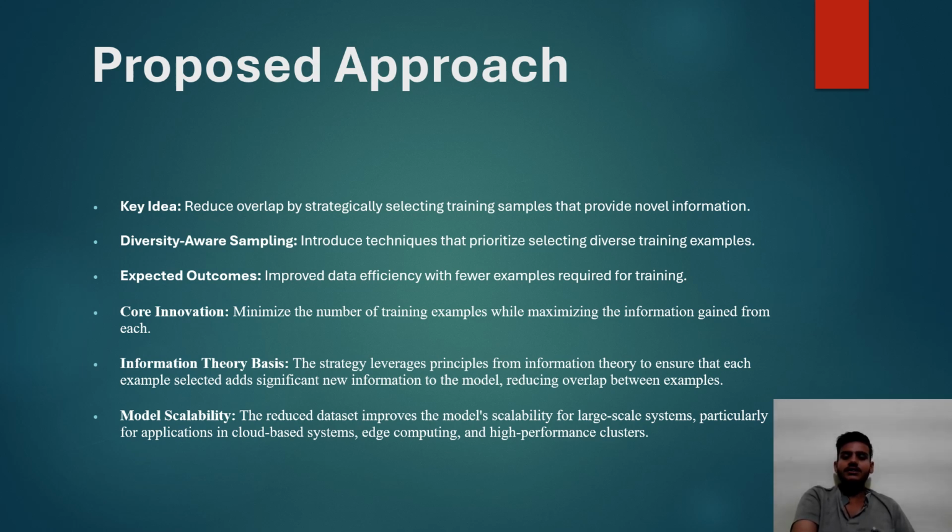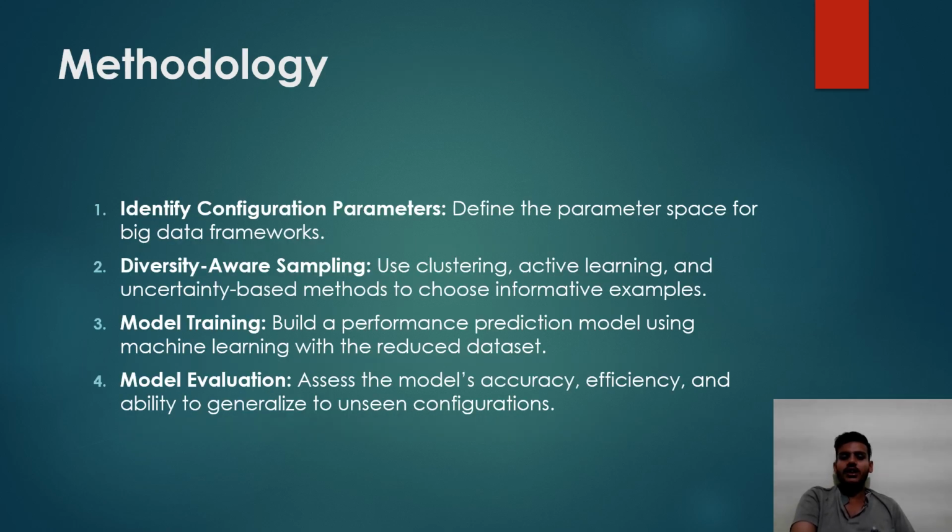Information theory basics: the strategy leverages principles from information theory to ensure that each selected example has sufficient new information for the model, reducing overlap between examples. Model scalability: the reduced dataset improves model scalability for large-scale systems, particularly for applications in cloud-based systems, edge computing, and high-performance clusters. Methodology: identify configuration parameters, define the parameter space for the big data framework, and